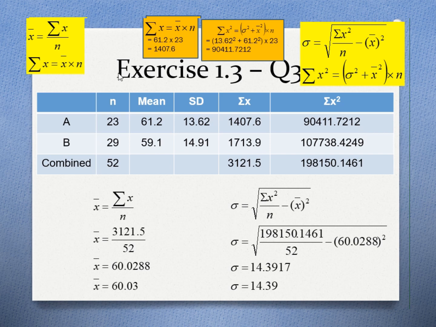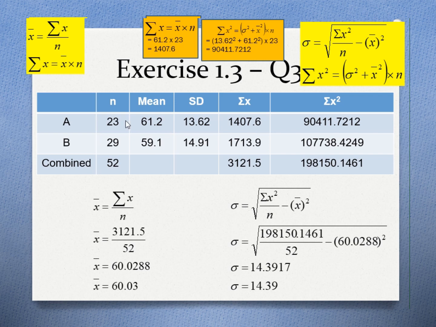Okay, then you do the same thing for set B. All right, you are going to find sigma x. How to find sigma x? Mean times n. 29 times 59.1. You will get 1713.9. All right, and then how to find sigma x squared? Basically, you will find sigma x squared using the formula that we have been using from just now. Okay, sigma x squared is,